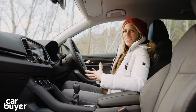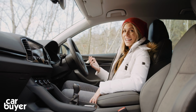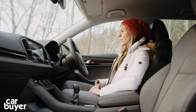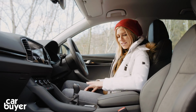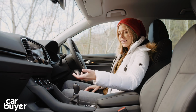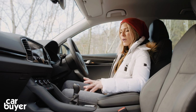That scaled down Kodiaq feel continues in here because it looks really similar to its larger brother. Just like the outside, the design is well ordered rather than daring. It's no Peugeot 3008, that's for sure, but it does look very premium. It also feels quite premium. All these soft touch plastics and the Alcantara seats on this particular model give it an upmarket feel. And I would say this is almost just as good, maybe even a bit better than a Volkswagen Tiguan for